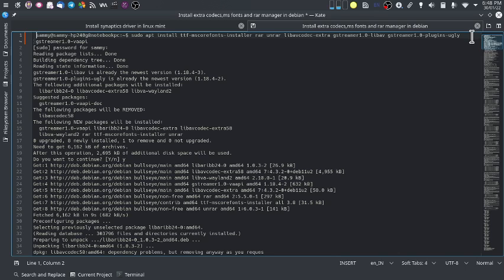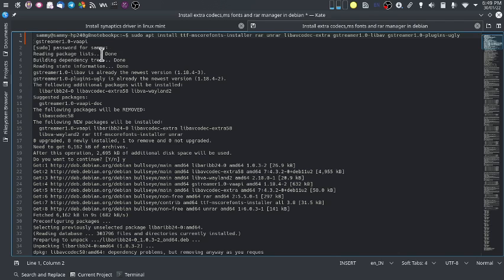And gstreamer1.0-vaapi is the graphics plugin for Intel.